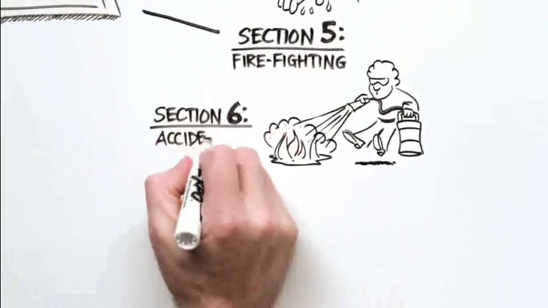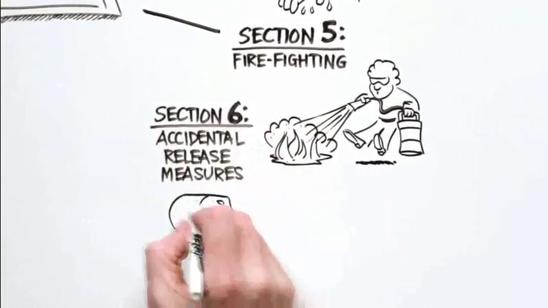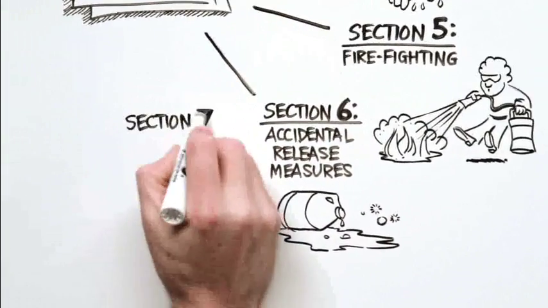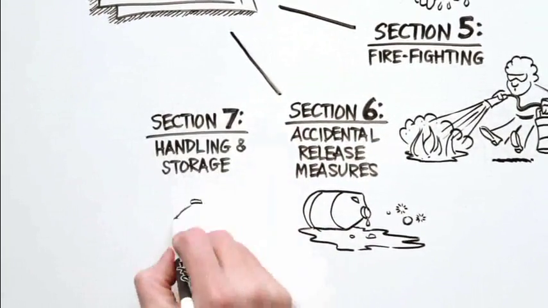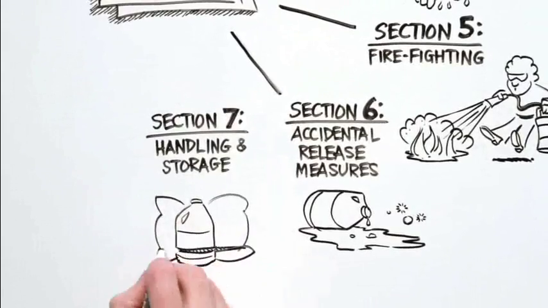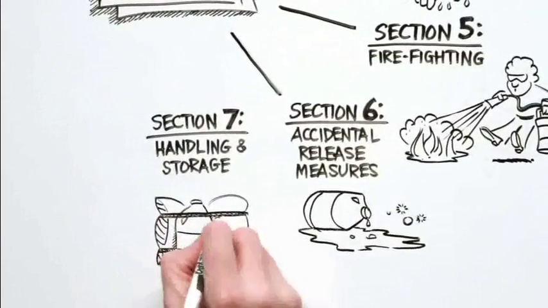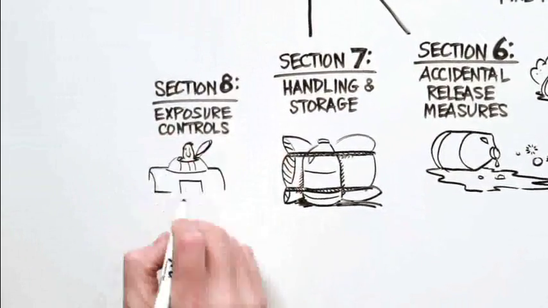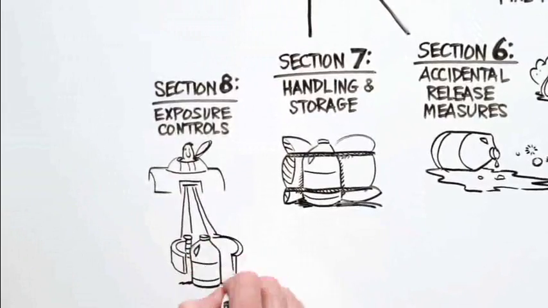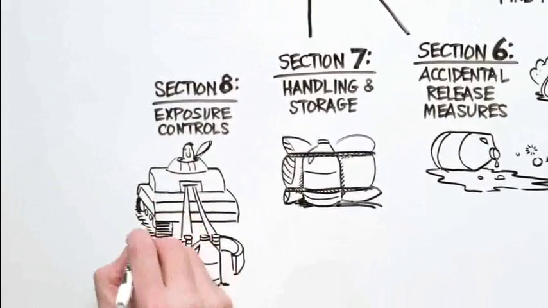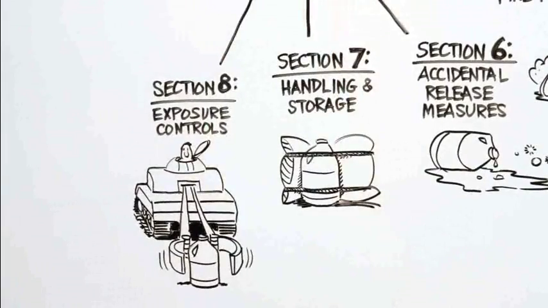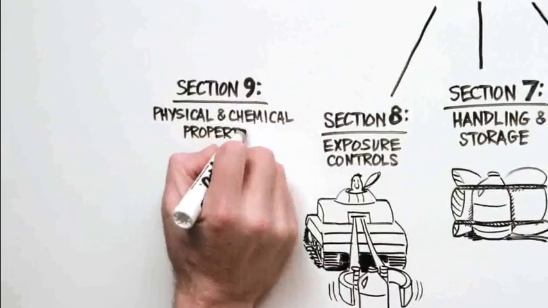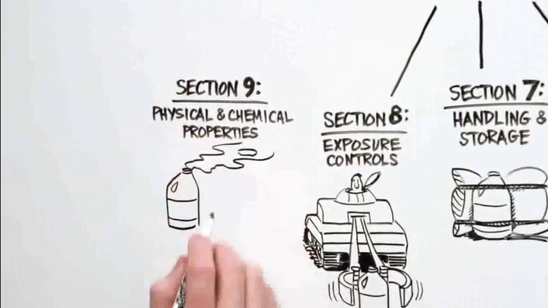Section 6, Accidental Release Measures, describes the appropriate response in case of a spill or accidental release. Section 7, Handling and Storage, provides guidance on safe handling and storage practices that minimize potential hazards. Section 8, Exposure Controls, provides recommendations to reduce exposure, such as PPE, personal protective equipment, such as safety glasses or gloves. Section 9, Physical and Chemical Properties, describes properties that can help to easily identify the material, such as color